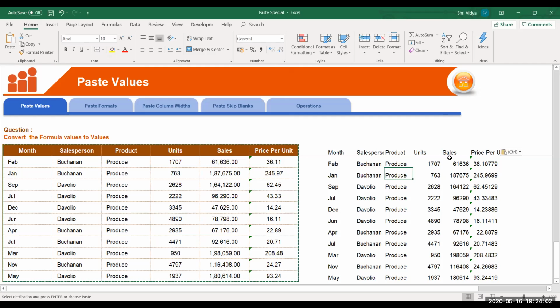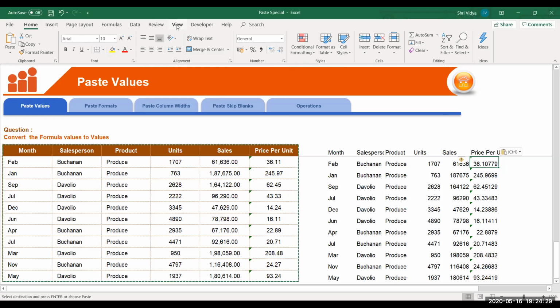Now look at the data where you have pasted it. There are no formats. Both cell formats and number formats are removed. There is no 1,000 separator and no two decimal values. And you can see here the price per unit has got lengthier. The number of decimal values is more compared to your source. So when you paste as formulas, you should remember that cells with formulas will be retained.